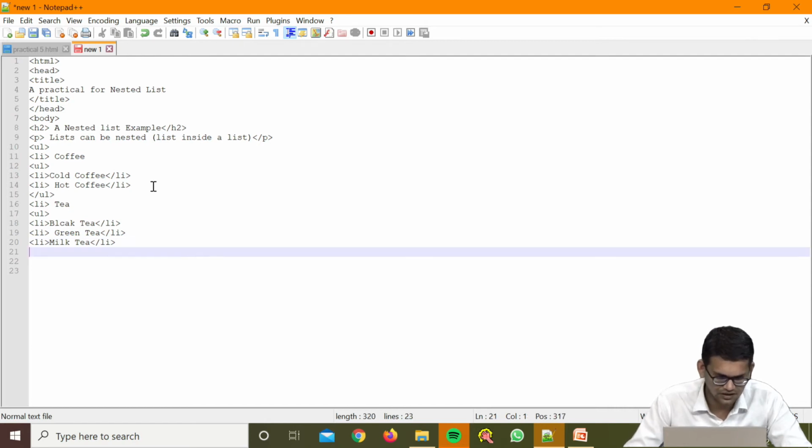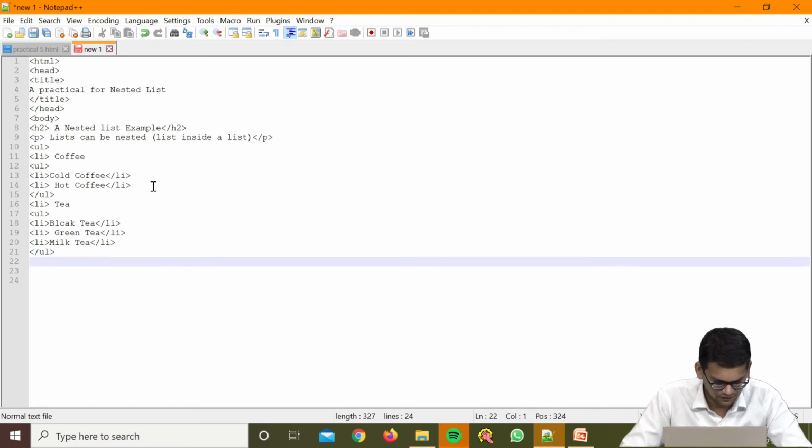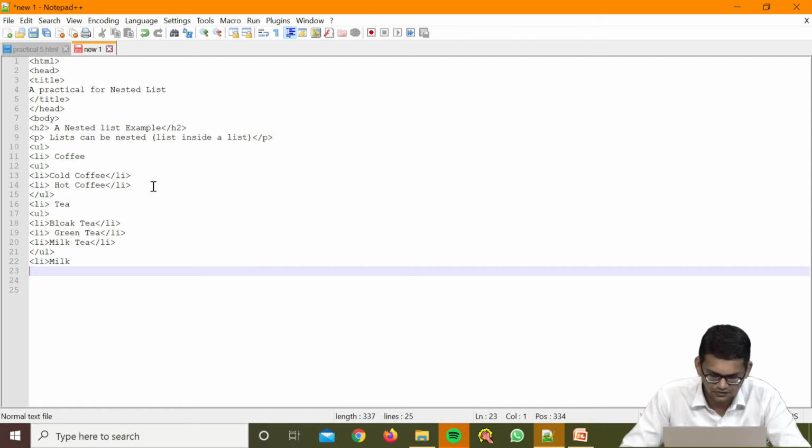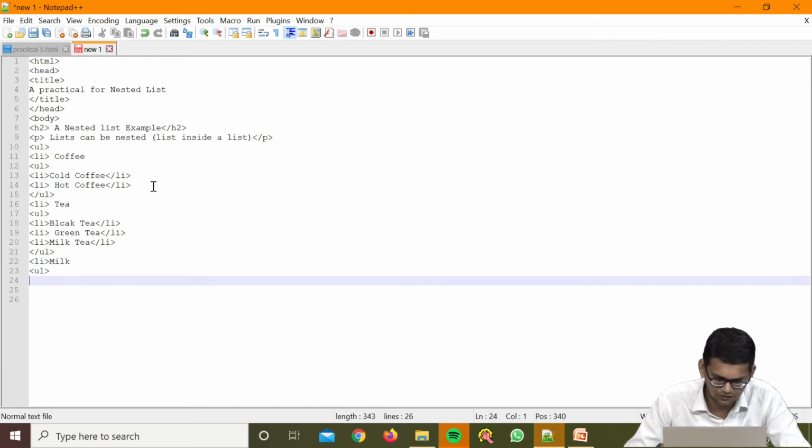Now, after this we can close this UL, and after closing we can add here one LI for milk, and milk can be subdivided into two categories. So, for that division we need to add here a UL. Within this UL we will write here again one LI for cow milk